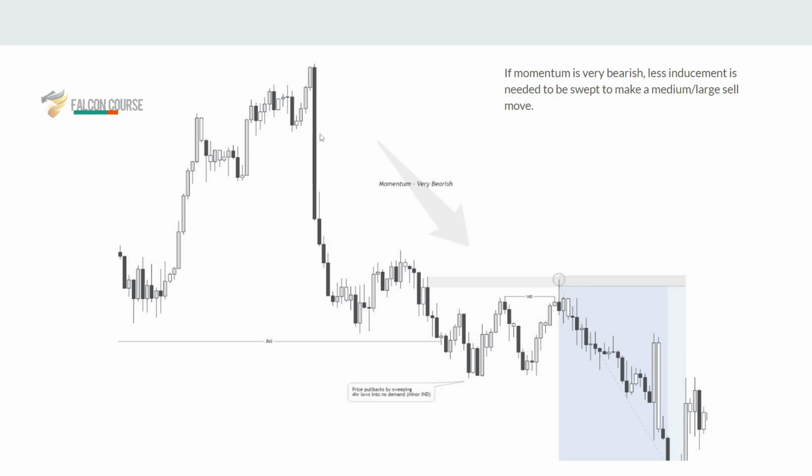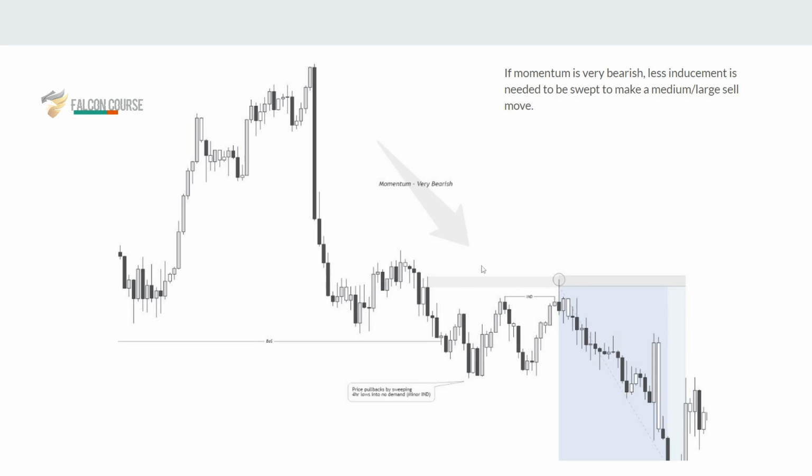You can, okay, cool. So we had this large body impulsive move to the downside, so we're clearly heavily bearish. Then we have this sideways movement after reacting to a break of structure to the downside, which is the same as an inducement pullback. We pull back from there, create some equal lows, and take out inducement, but we have a huge move after only taking out a small range of inducement. That shows how much momentum has an influence on the size of moves.